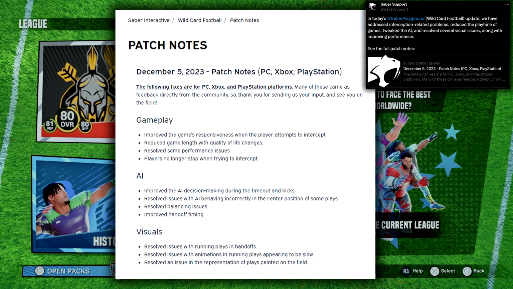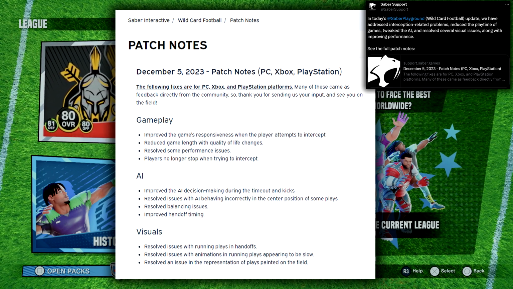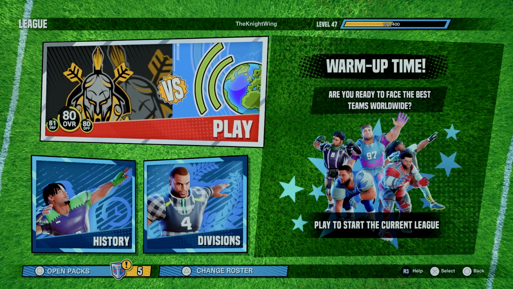And then also improved handoff timing. I saw a lot of complaints that that was a pretty hard thing to time. For me personally, it felt like I was guessing every single time and I would get it right maybe 10% of the time. Now I think the biggest question is, will these updates be enough to actually bring players back